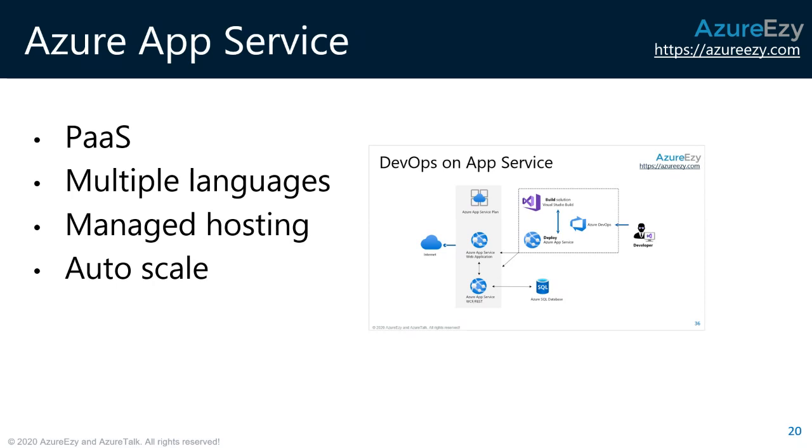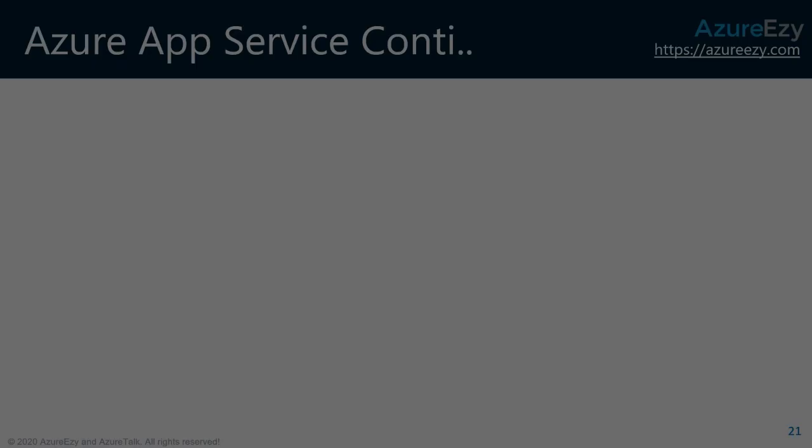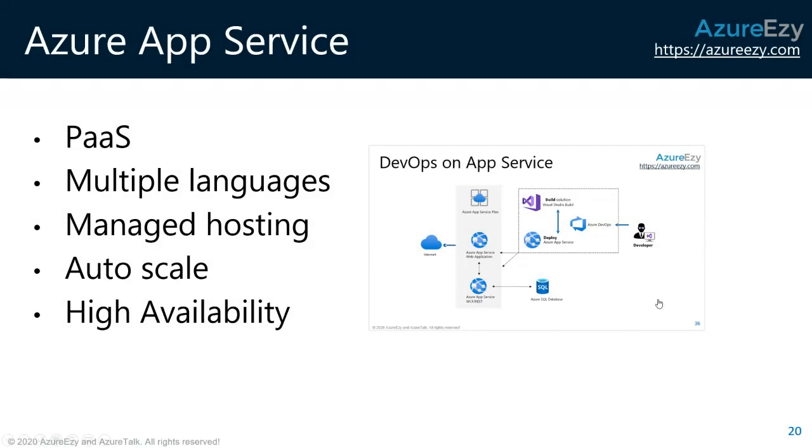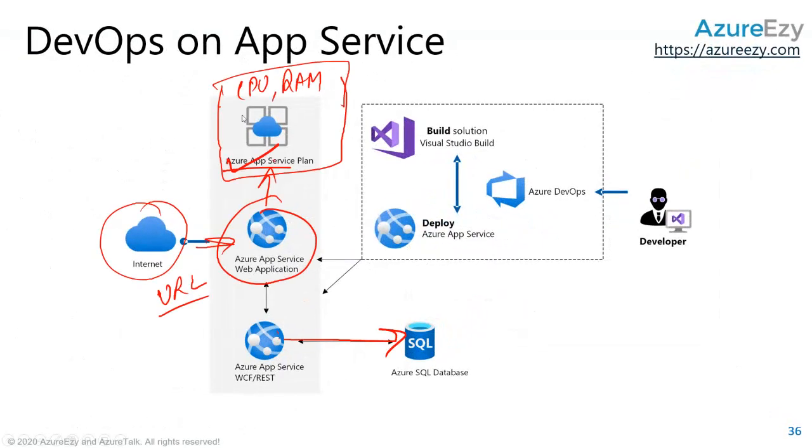Autoscale, as I said, just like virtual machine, it also supports autoscale just like any other Azure resources. And there are certain other things which are there. App service, as we have seen on the previous slide, it is a hosting place for your service. So app service is something called